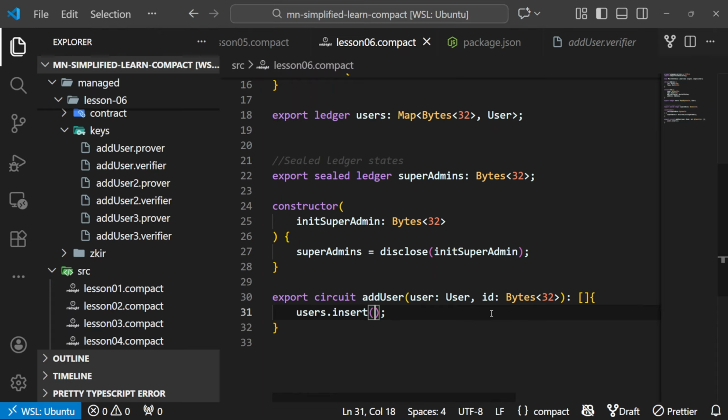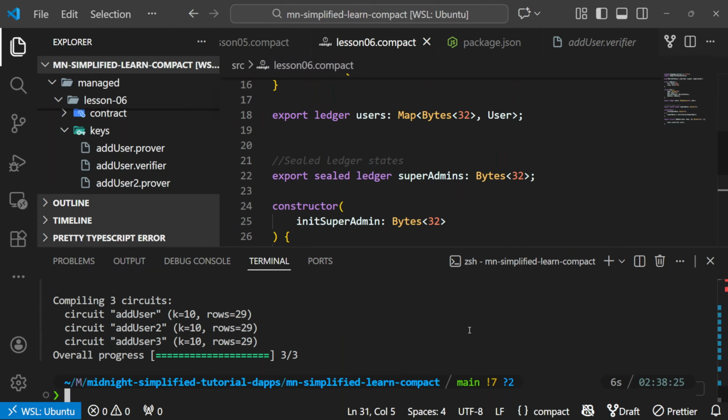So I can use this ID now and say, okay, insert this ID. It's going to give us an error, but I want you to also see the error, so you get to learn why we get the error in case you are writing your own compact code and you experience it. So ID, comma, and then the user. Now, if we try to compile this code, in as much as we are doing it correctly, we're going to get an error, and we are going to see why in a minute. If I try to compile again,